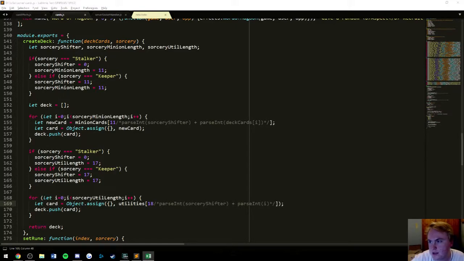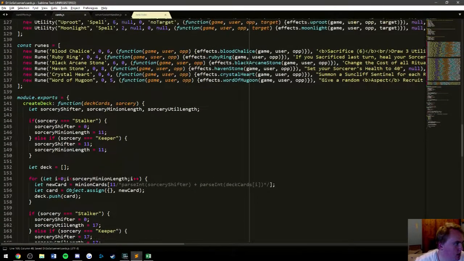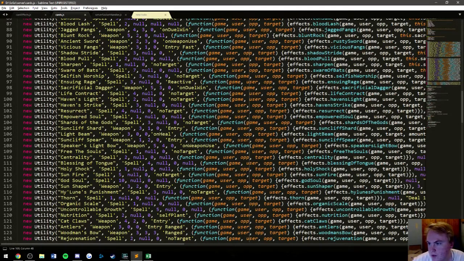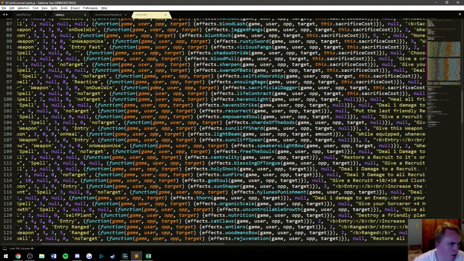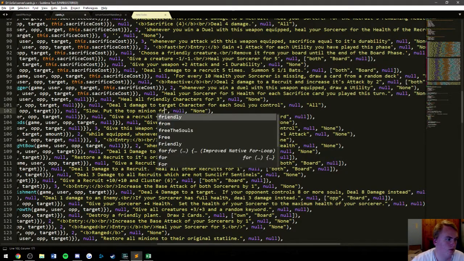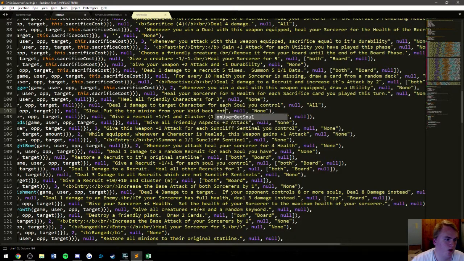We have fixed it. Okay, resurrect. Resurrect. This one's going to be a little bit more tricky of a contestant. So, what we're going to do... Resurrect, where are you? Here. So cost is 4. Okay, no target, which is true. Slow. Now this is a new mechanic, so we're just going to do slow. Put the top minion from your void